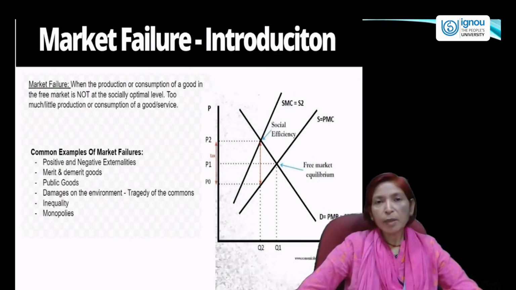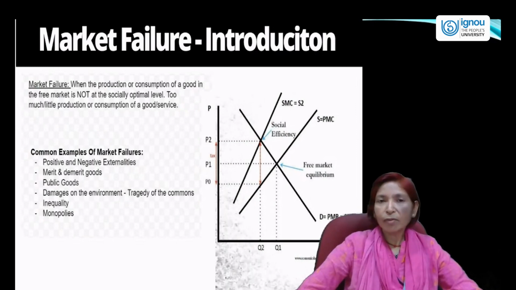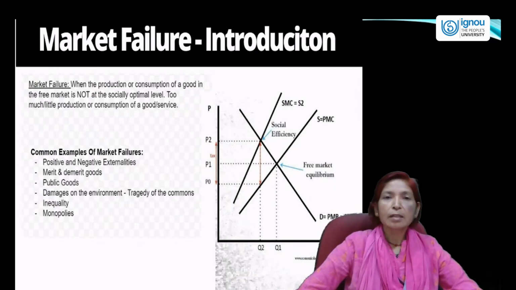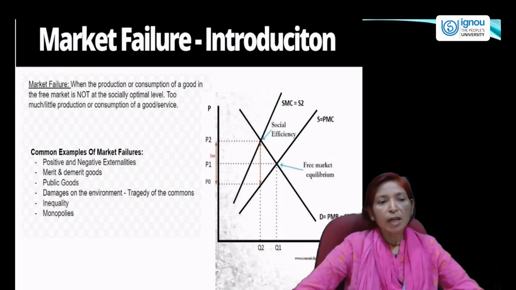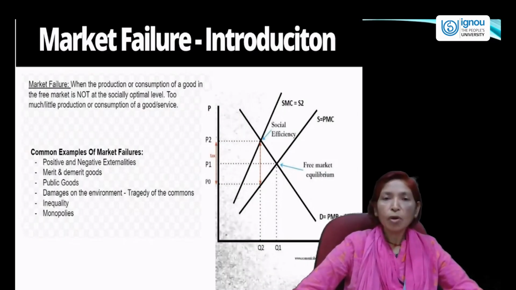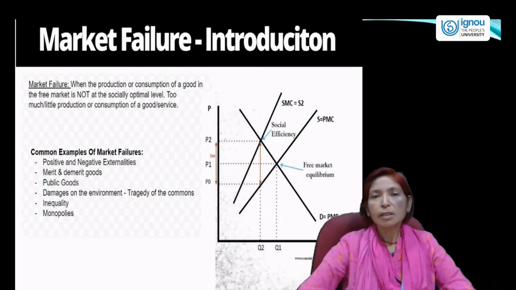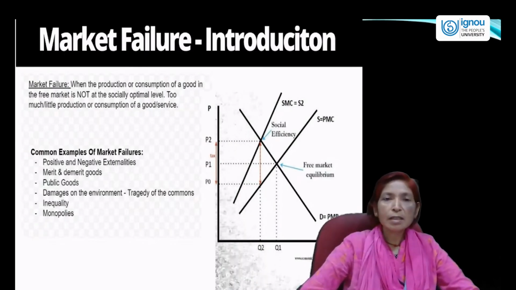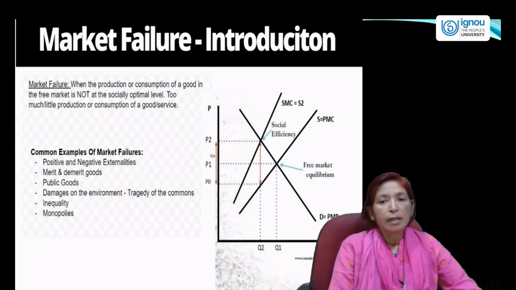When all country people use resources which are available free of cost, then it creates the problem of the tragedy of the commons. And inequality and monopolies are the common examples of market failure. And we will discuss all these points in detail. Next is